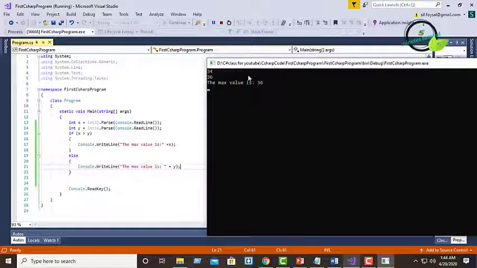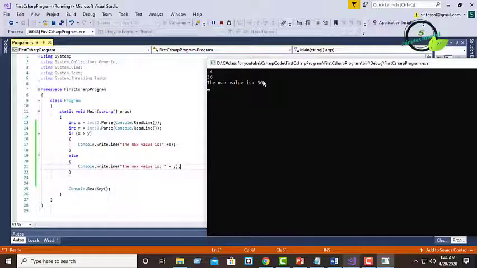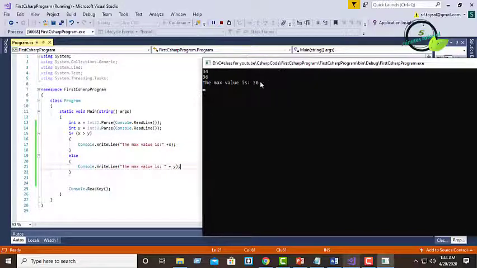So here we can see the max value is 36. Here we are comparing whether 34 is greater than 36 or not. So 34 is not greater than 36, so the condition is false. Then it is printing the max value is y, meaning 36. So here we can see the if else statement.